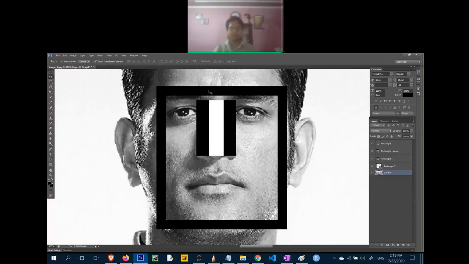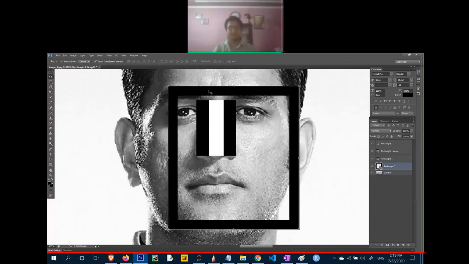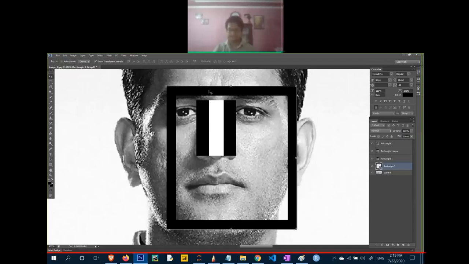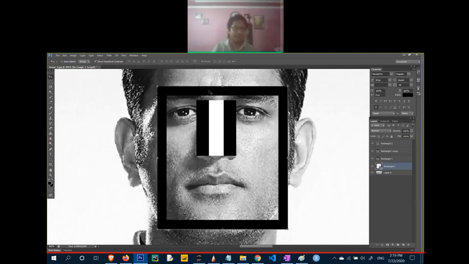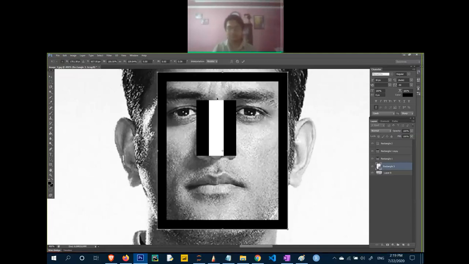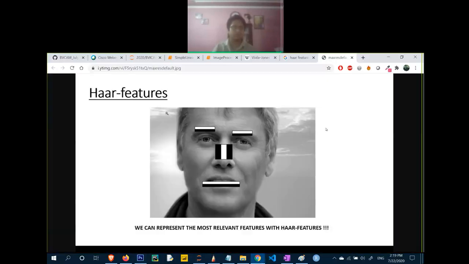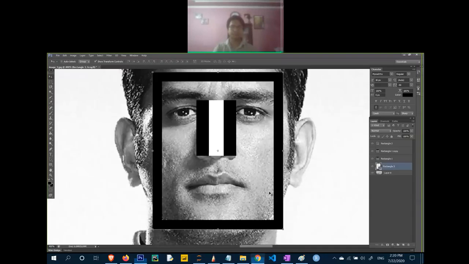This sliding window keeps on moving like this from each and every portion, and it keeps on checking whether the Haar features are matching here or not. Similarly, with the eye portion, the same thing will be done. So that's how it is shown here: when my sliding window reaches this point, it will start matching these black and white features, and check whether these Haar features are available in this sliding window or not. If they are available, then I will say that one face is present at this location. Now how will it say?